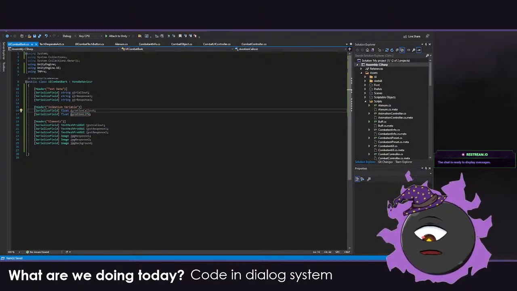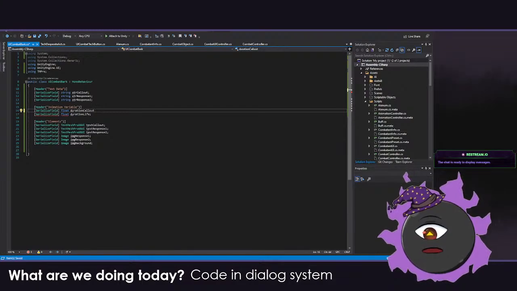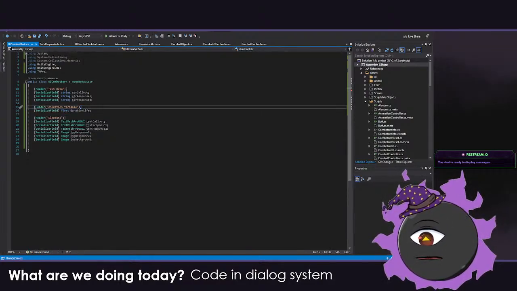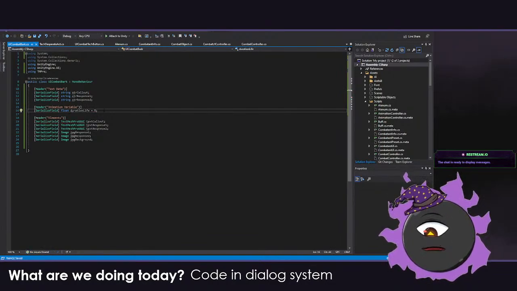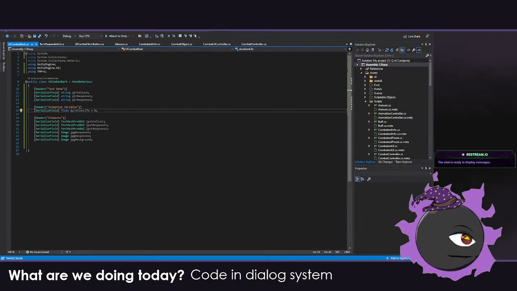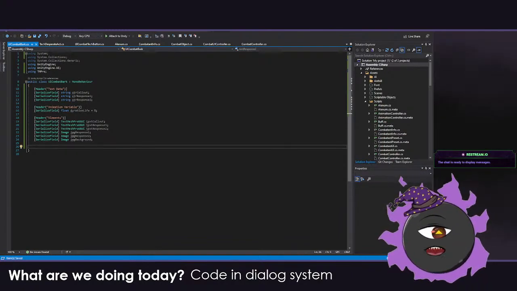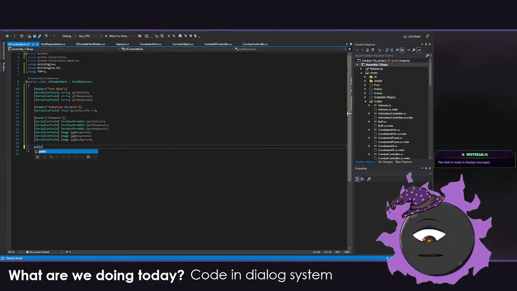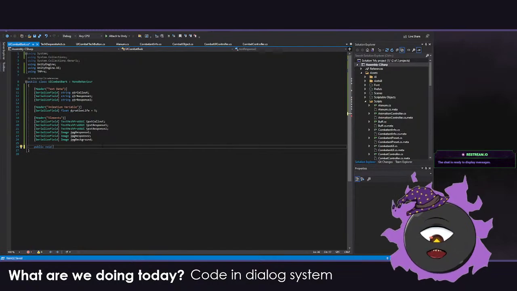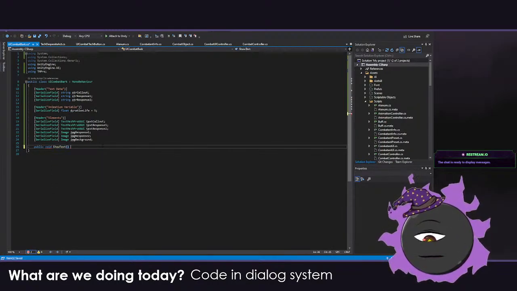So we can use this as a variable. Actually, you know what, maybe not do this. We'll just do duration life. By default, duration life, we're gonna give the player 5 seconds to respond. I feel like it's pretty long, but it's okay. We want the player to answer it. So we're gonna have a public void function. We're gonna call it show text, basically,